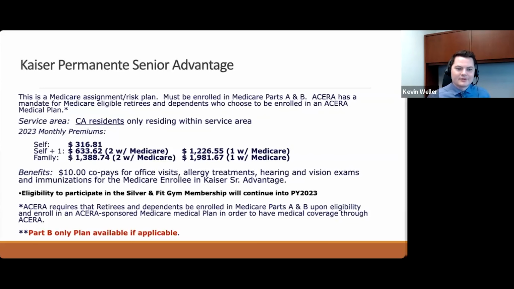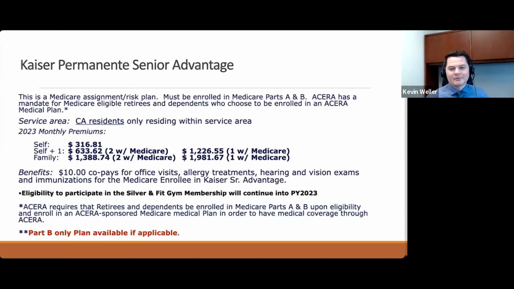So with the $316.81, this is actually deducted from your ACERA check if you choose to enroll in our Kaiser Senior Advantage plan, right? This would be deducted from your check, and then at the same time, ACERA would be adding a subsidy to your check. So you would see on your pay statement from ACERA a deduction for the cost of the plan, and then a subsidy section that would reimburse you for the full cost of the plan. So that is the $316.81. And then the other part of the question was the